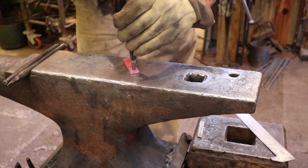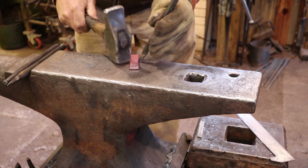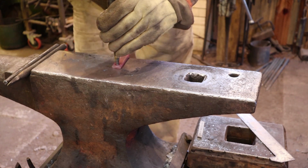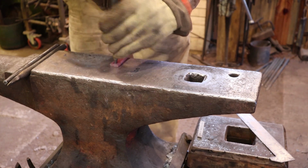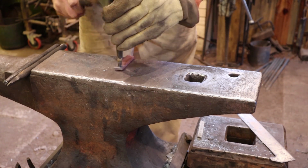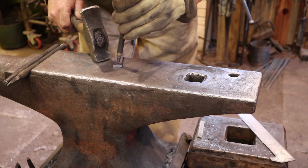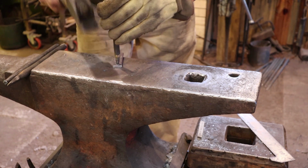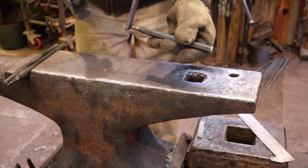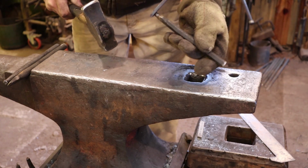And of course, punching a hole looks the same in this as it does in anything else. Go till the punch bottoms out on the anvil. Line it up with the target mark in the back and punch. If you're lucky, you can punch all the way through right at the anvil. Otherwise, go over the pritchel hole. The reason I would prefer not to here is oftentimes that leaves a little mark from the pritchel hole. But since that's not clearing out,